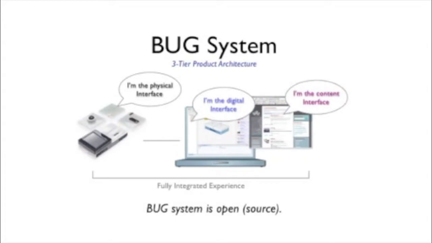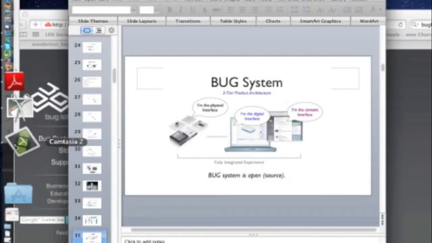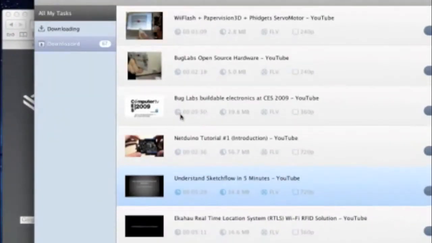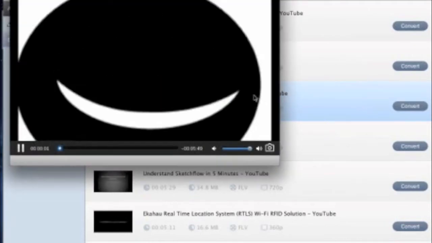So they basically have this 3-tiered system where you've got these physical modules, you've got this digital interface, and you've got this content interface. So let me show a video, and I'll show some of the physical modules, and I'll show you on their website what they've got. And then you can see from there. So where is my video player? Okay. So I've got 2 videos actually. This is the one from the